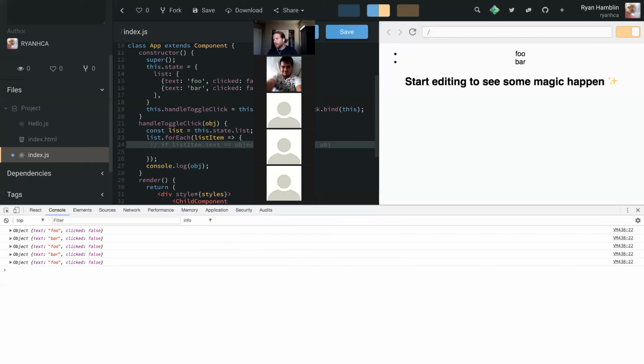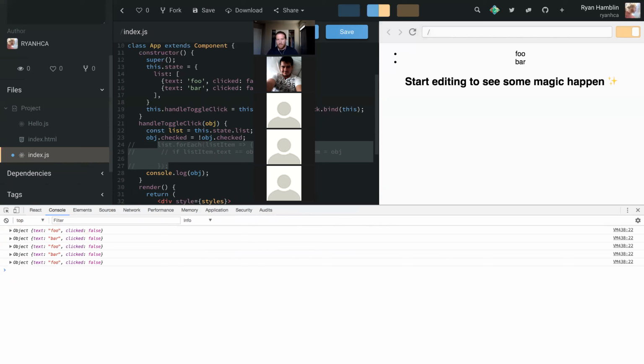But before that, we want to say object dot checked equals object dot checked. So we want to update that object that comes in, and we want to just toggle the state of that. So if we did this instead of looping right there,